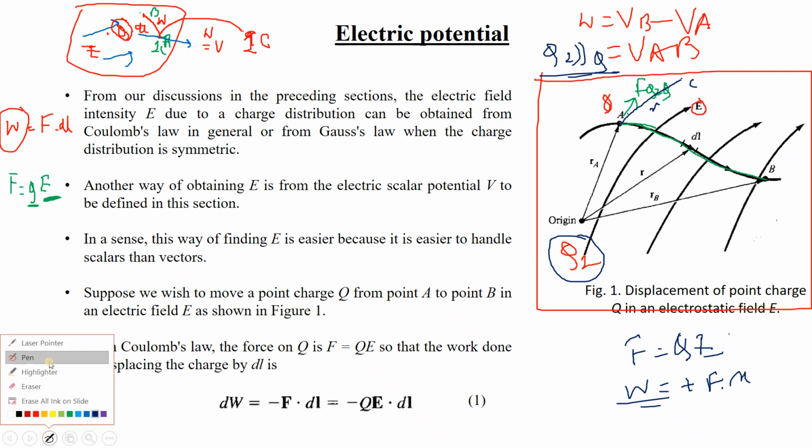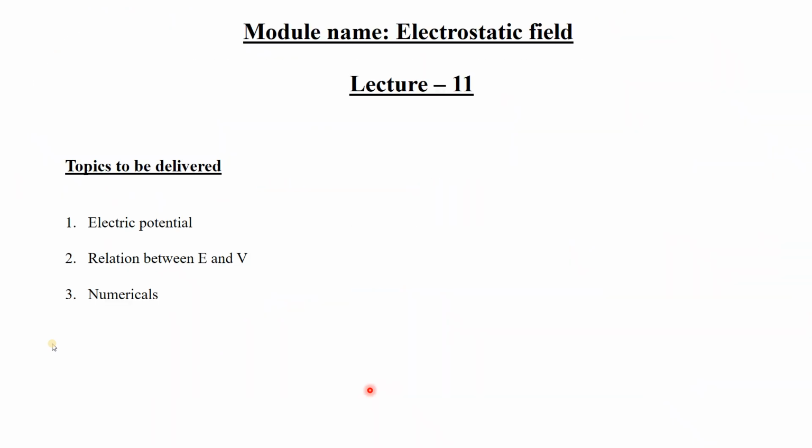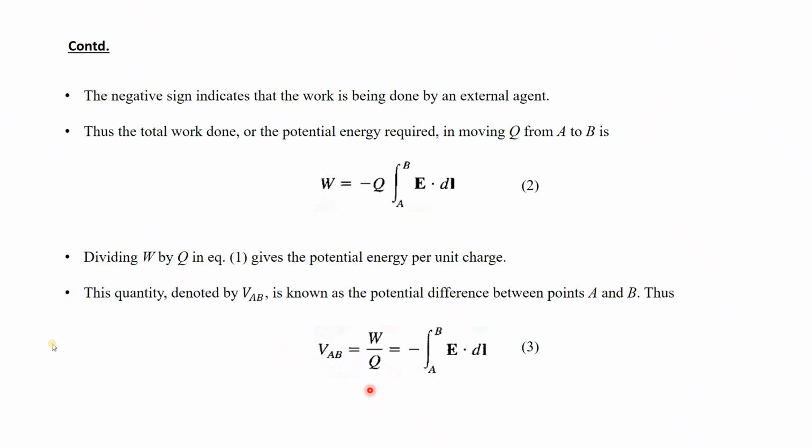Okay, because this work done is done by the charge Q2, but over here this work done is not done by charge Q2, because charge Q2 wants to push the charge from A to C, but I want to move the charge from A to B because I am going against the force of the charge Q2. Whereas I am an external agent, so that is why the force is negative. Okay, so that is why the sign is negative, because the work done is done by the external agent.